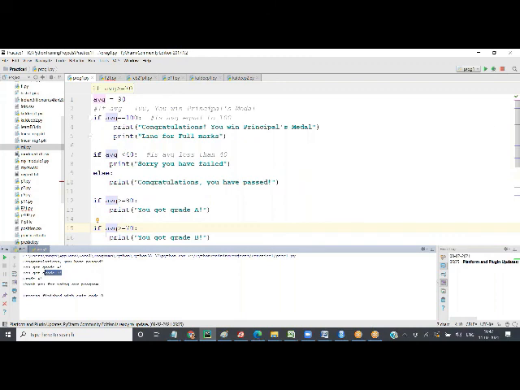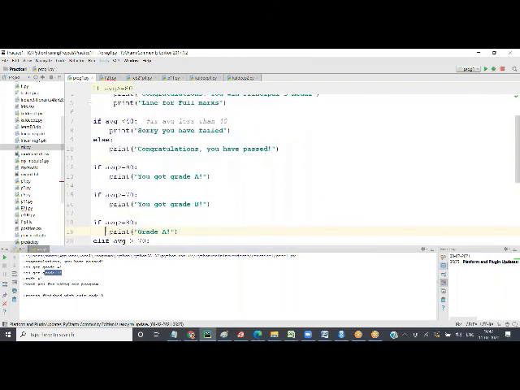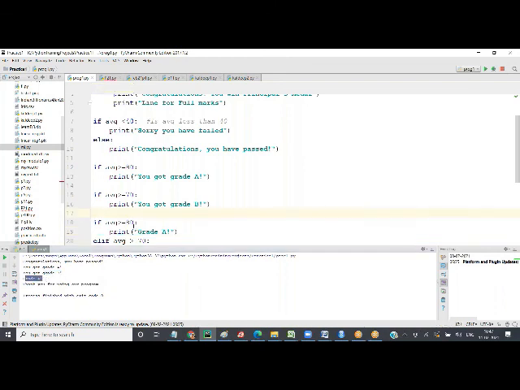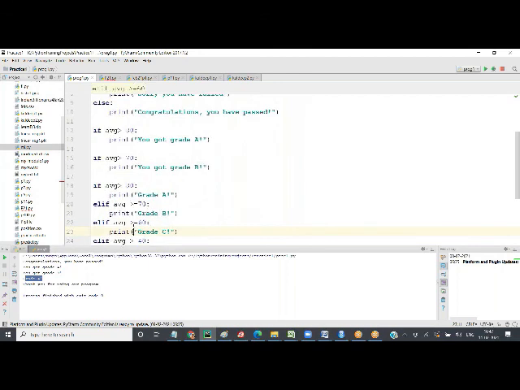But now if you come to this, average more than 80, grade A is printed, and the rest of the part will not be executed at all.